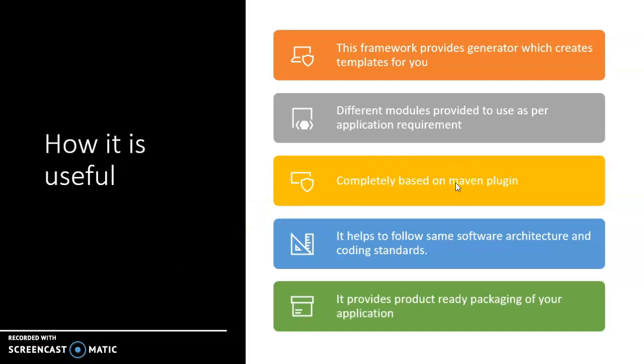It uses a Maven plugin to generate the templates of these modules, and it is really a production-grade template. It also generates classes in your templates so that you can copy or use these classes to create the different classes of your application, which also helps you maintain the same coding style across the applications using this framework. Each module follows the same reference architecture, which helps at the organizational level as well, so that you can easily switch resources from one application to another, as they are already aware of the project structure. It also provides production-ready packaging of your application.